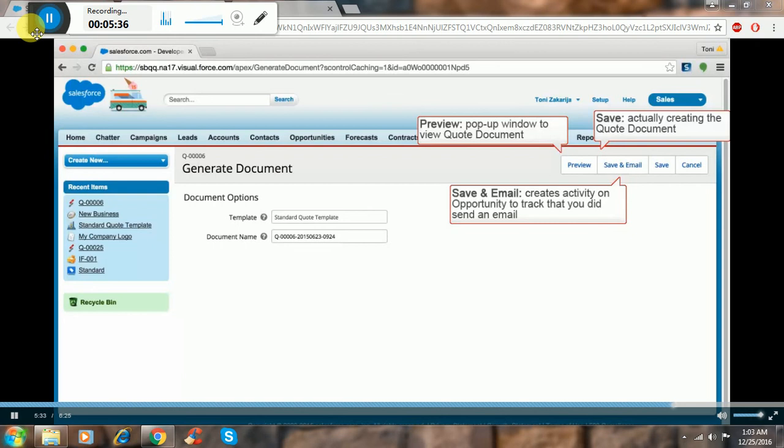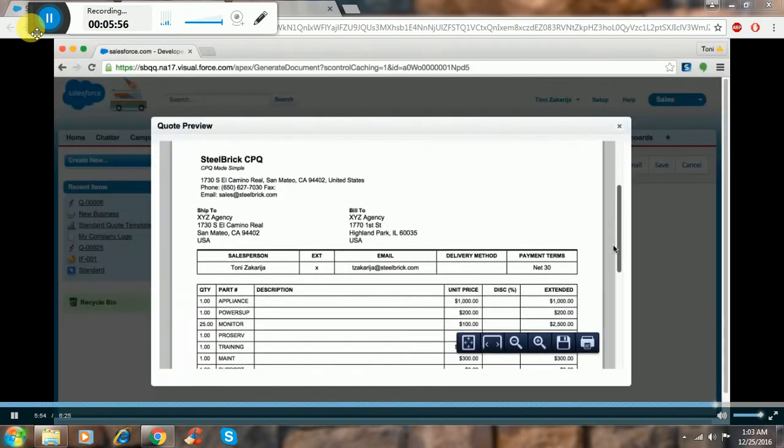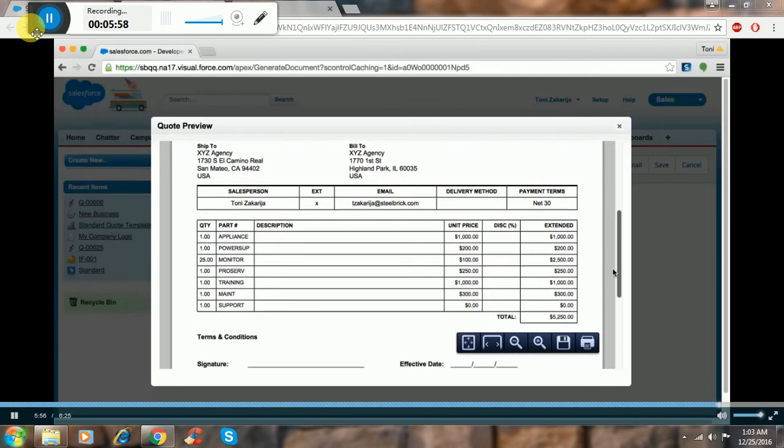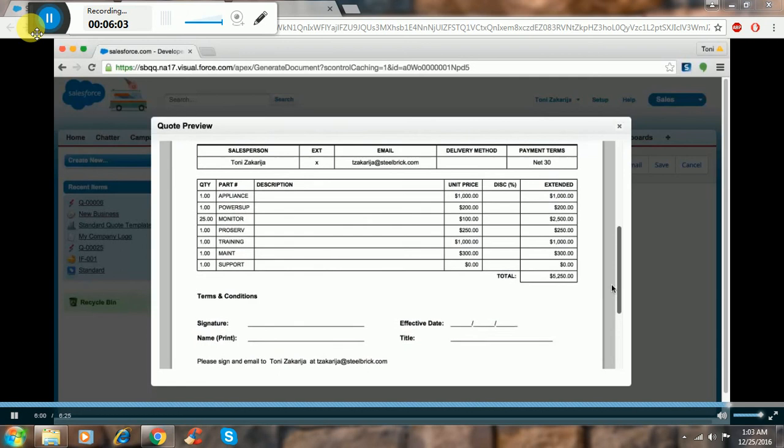When you click Save and Email, you create an activity on the opportunity to track that you did send an email, and when you click Save, you're actually creating the quote document. When you save your generated quote documents, they should be placed in the Shared Quotes folder. So let's go ahead and just click Preview. All right, and here's a preview of our quote document. Here you can see our company information that we actually added in on our quote template,